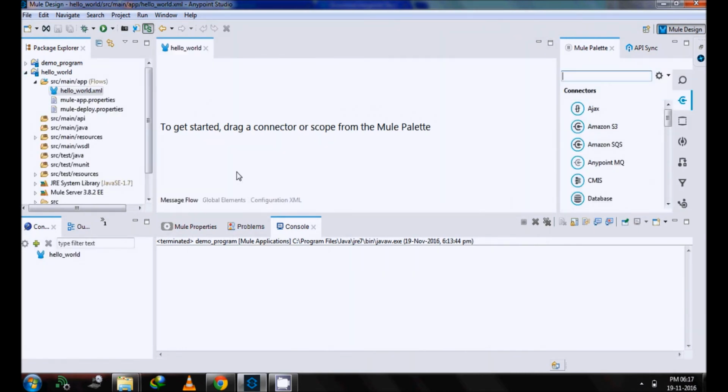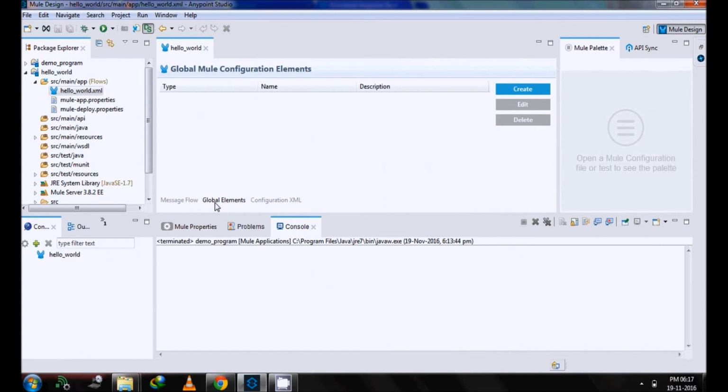Now you can see there's a blank area. It's our work area where we can create our application. This is called a message flow, and this one is a global element. Here we can define global data which is used in our whole application. But in this video we are not using it, so we don't have to create this one.